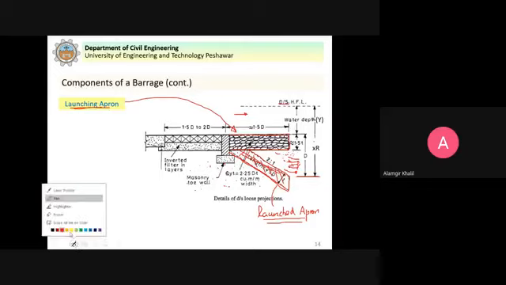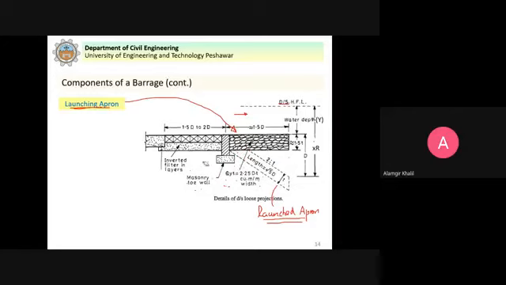Now let us discuss a little bit. You see, these are properly designed. Let us discuss some design features of this. And this is not only the case here.